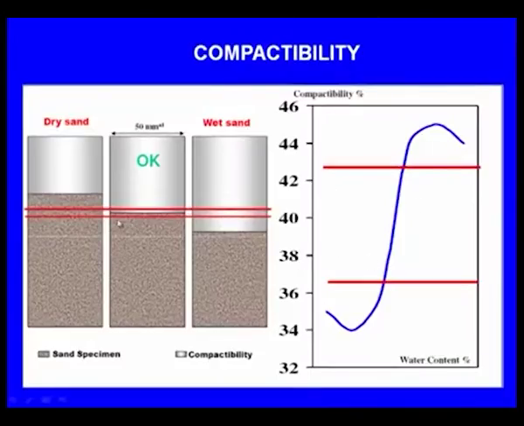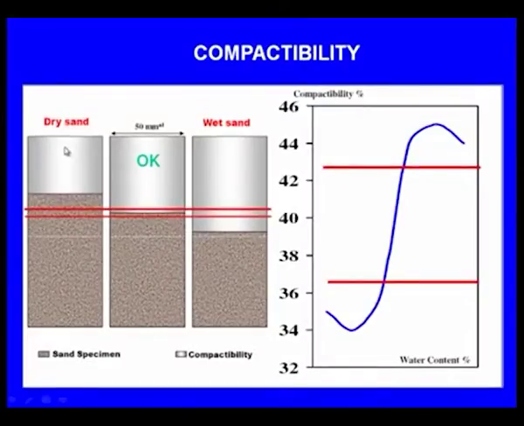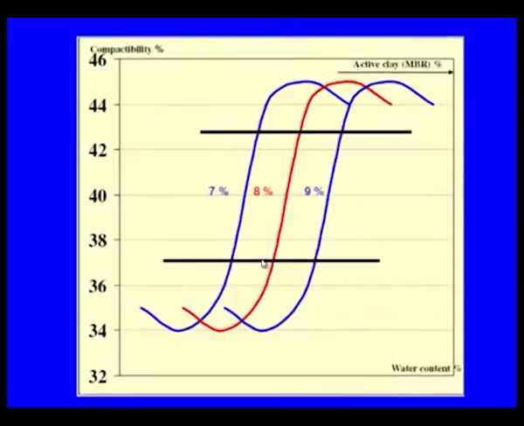Now we can see here three specimens, specimen tubes. This is the molding sand, this is also the molding sand, and this is also the molding sand, and all the three specimens are given the same compaction. Maybe they are given three rams, but the reduction is this much in this case. In the second case the reduction is this much, in the third case the reduction is this much, which means the third sample has the highest compactability. And this is how the compactability varies with the clay content.